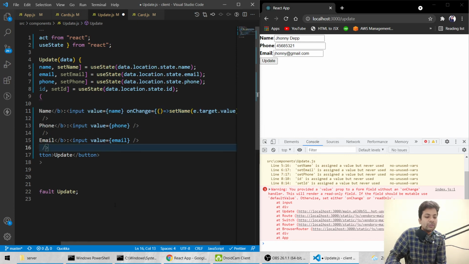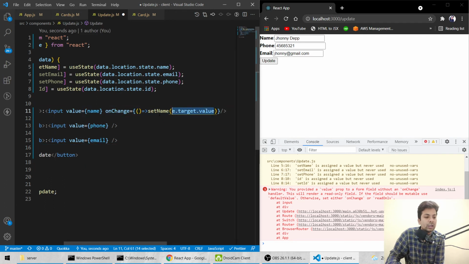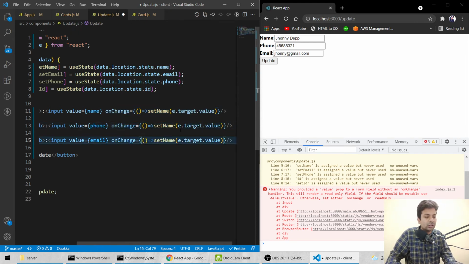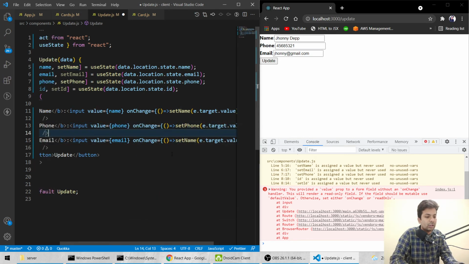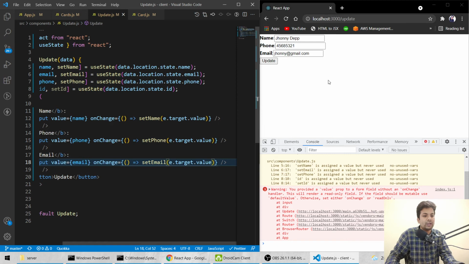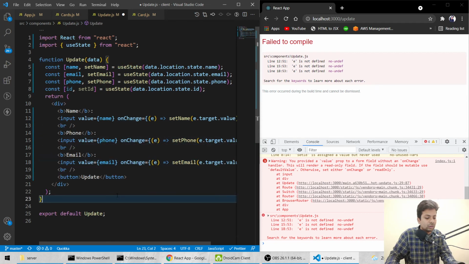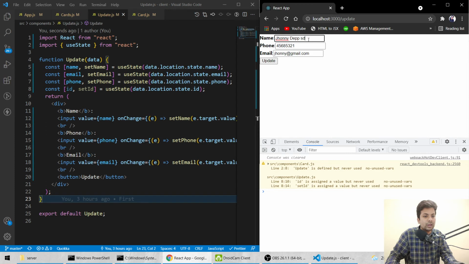Because whenever someone changes something, the event will be popped up, and that will be captured in value, and we can just do setName there. So we'll copy this for the others. Here we'll say setPhone, and here we'll say setEmail. We'll save it. E is not defined. Okay, we have to capture the event also, e. Save it, and whatever we write, we'll get it saved here.